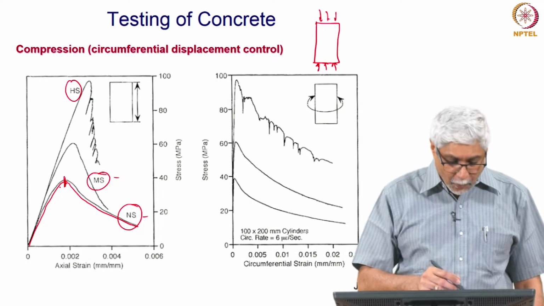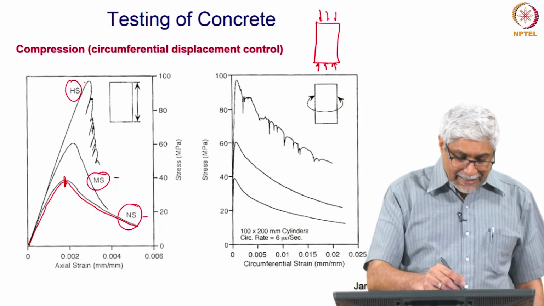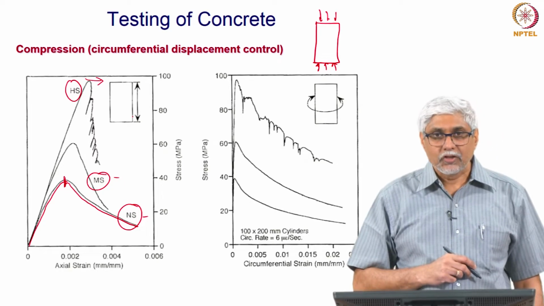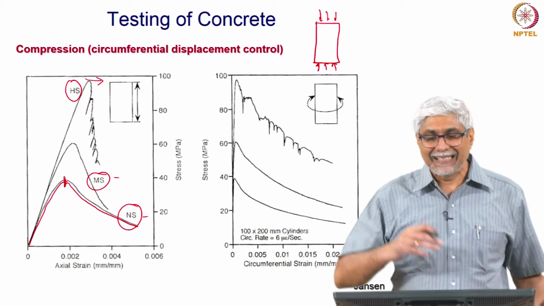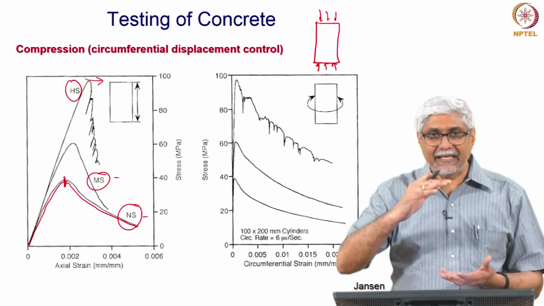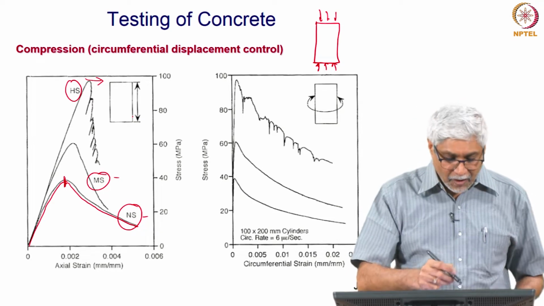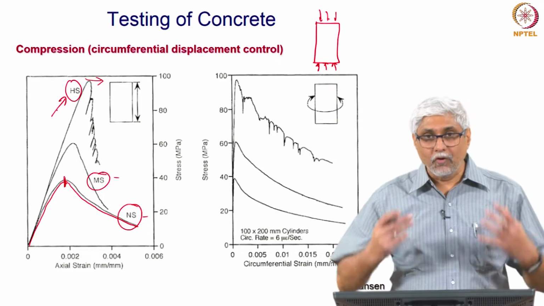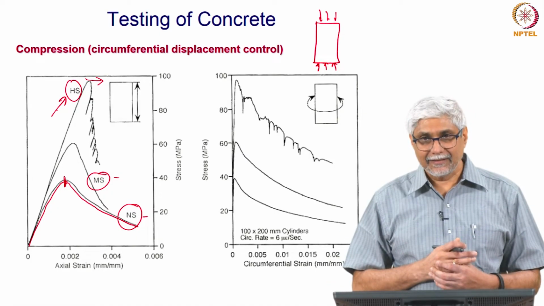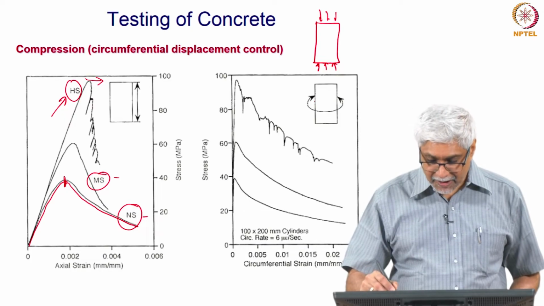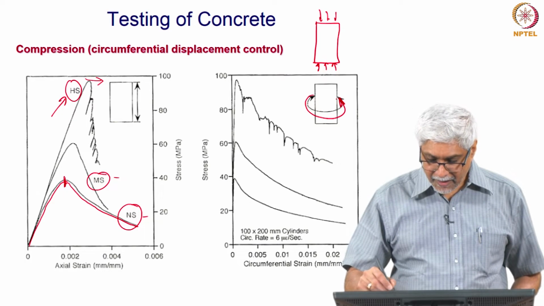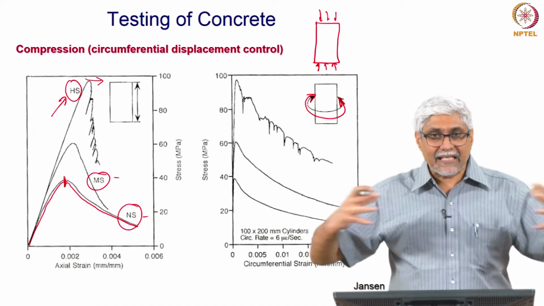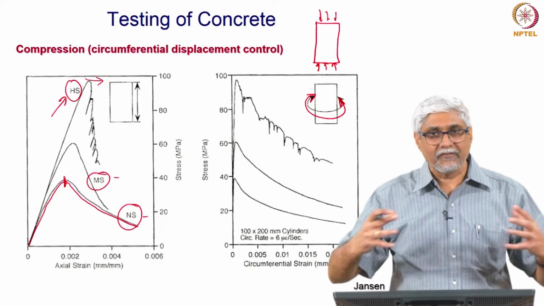However, we see that when this concrete is very brittle, the displacement does not change a lot, the axial strain does not change a lot. So, if we were going to use just the displacement or the axial strain for testing or the controlling, we may not get the response of high strength concrete. So, we have to look for something else that is always increasing, and the answer is the circumferential displacement. As concrete is compressed, it dilates, it expands, and this expansion is always increasing after the first cracking.